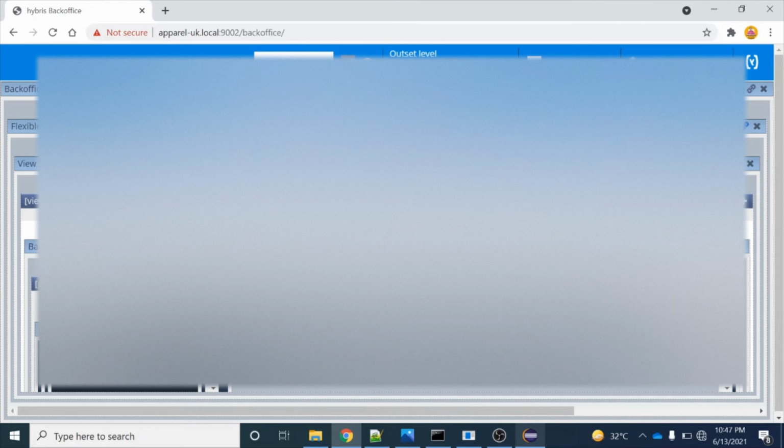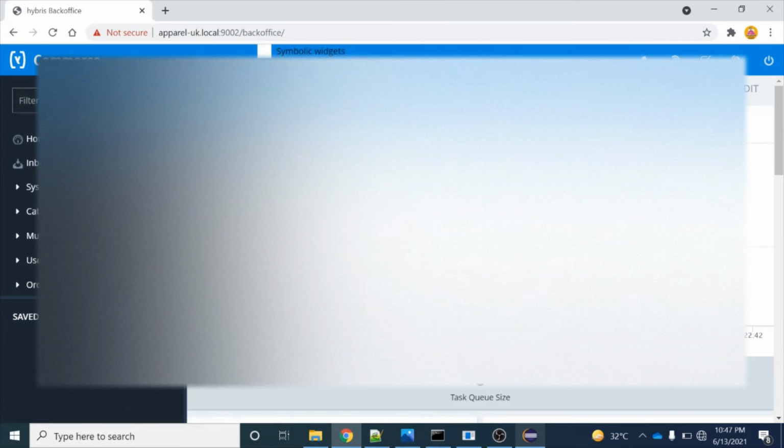So guys, now you can see the back office reset configuration activity has been finished. Now we will go back to our main window and then we will test our functionality. How will we go back to our main window? For that I will press the F4 key again. As you can see, once I press the F4 key, it has started loading, and now I am on the main window.